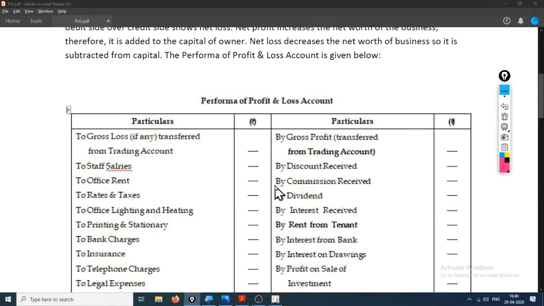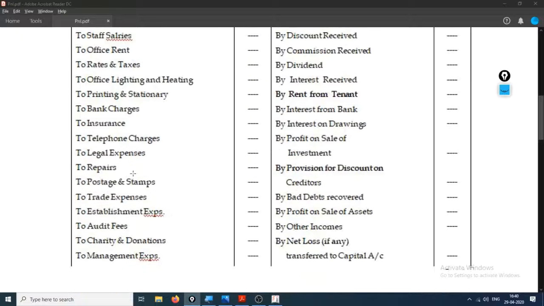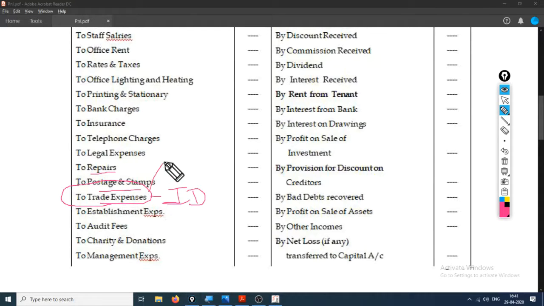Yeah, there are more fields in it, I'll show you right here. Wow, so many. And repairs, postage stamps, trade expenses that we entered in direct expenses, it should be indirect expense, it looks like, hence we made a wrong entry or something. But then yeah, it totally depends on assumption. We have assumed that trade expenses were directly related to our mini size TV. Now what can you do?